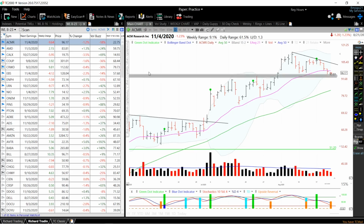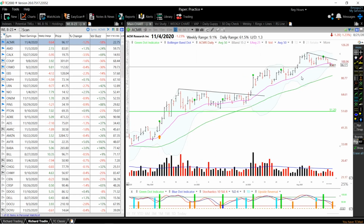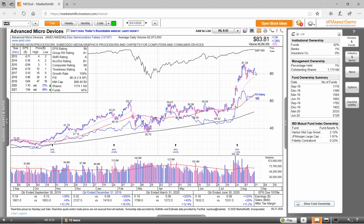And as for the specific entry setup, I want to see a break of this downward trend line right here, or eventually a green dot as it bounces off this area of potential support at around the top of this previous consolidation. So that's ACMR, and next up we've got AMD, which I did actually buy this past Thursday on